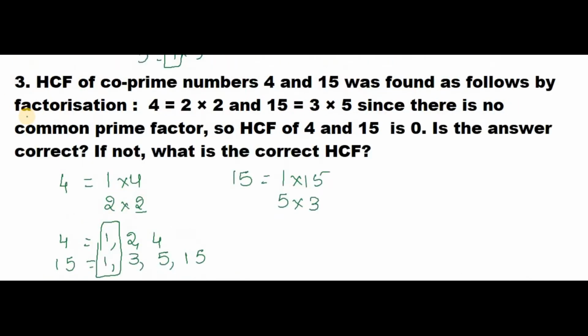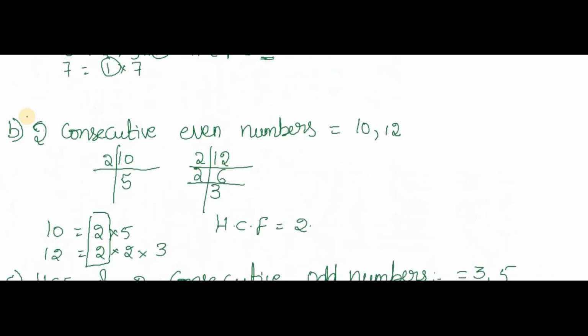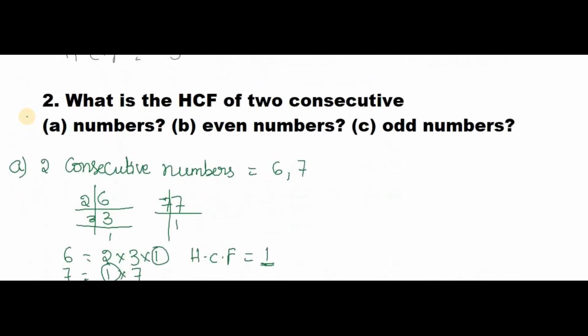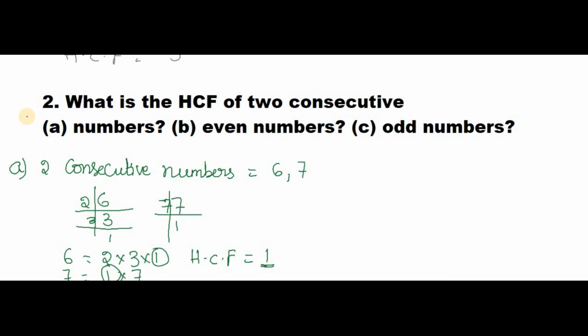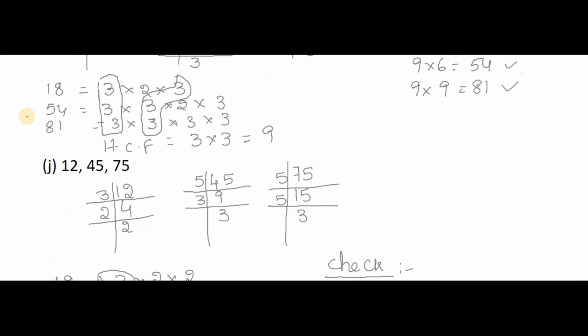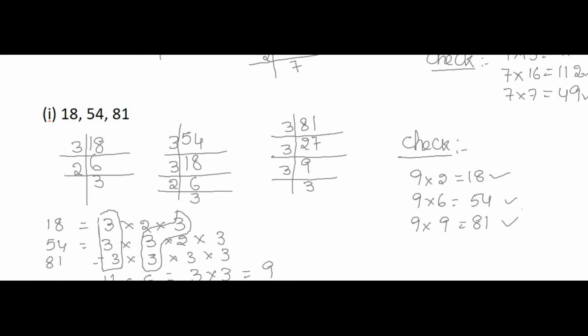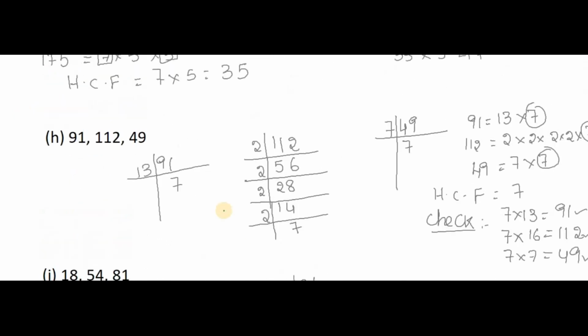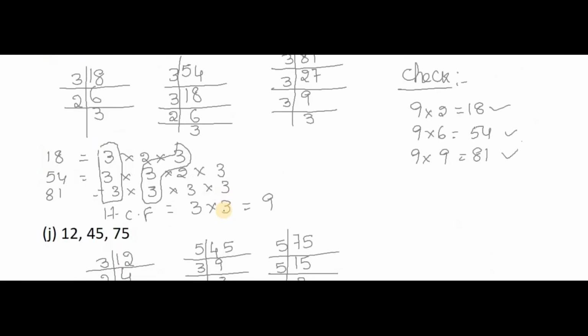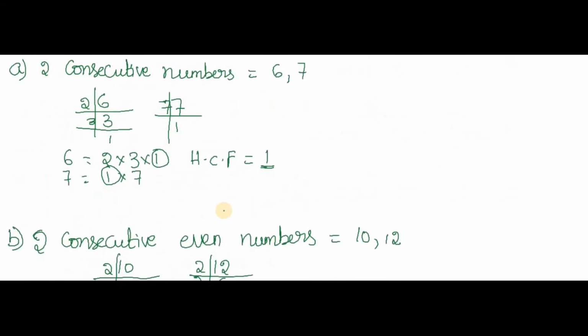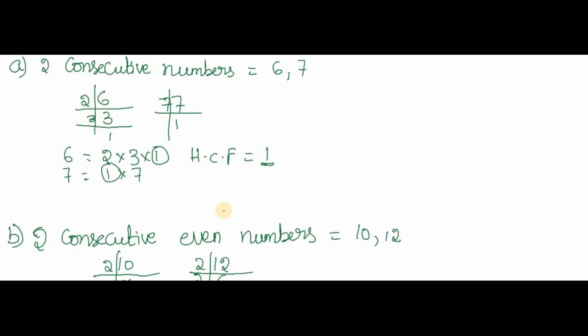Okay, students? So in this class what we learned, we just found the HCF of two even numbers and two odd numbers, and then we found the HCF of the given numbers, and for that we checked each and everything. This is the topic we just learned here, and we have a continued division method also. It will come in the future classes, so in that class I'll explain. And what we can understand after this HCF topic is a very important thing.